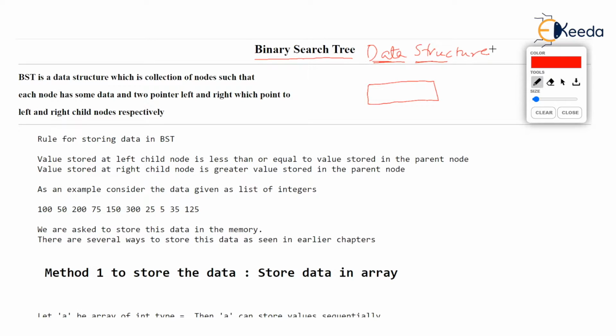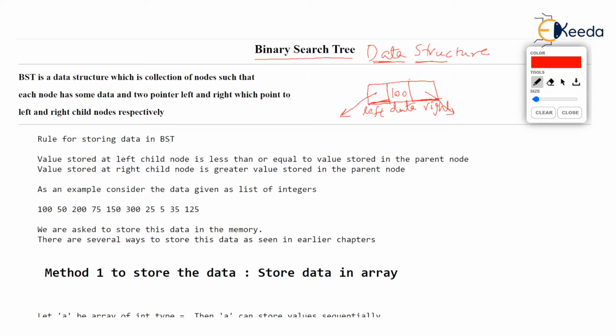Now, this data can be data of employee, data of student, data of cricketer, whatever. But for making it easy, let's say that this node will store integer data. Simple int value it is storing. So the node structure has a field which stores integer data. Let's say integer data is 100. And there are two more members in this node, and these are pointers. They are named left and right pointers.